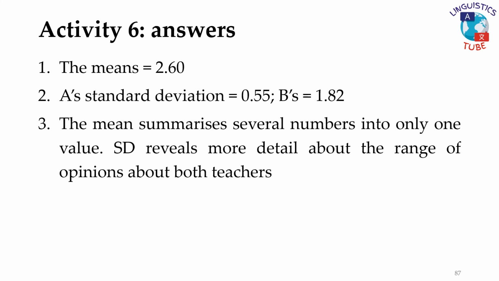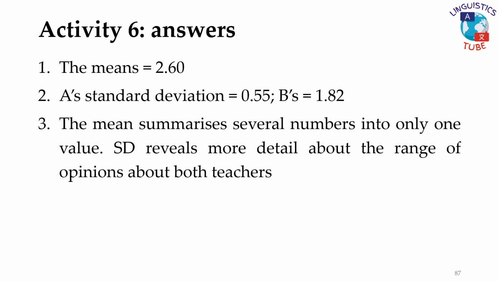The means are both 2.60, but the standard deviations are very different: 0.55 for A and 1.82 for B. From this, we can conclude that the mean is useful because it summarizes several numbers into only one value, and